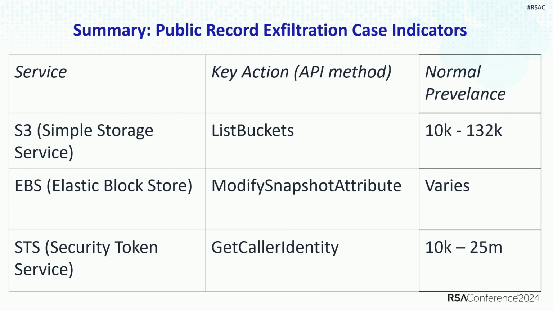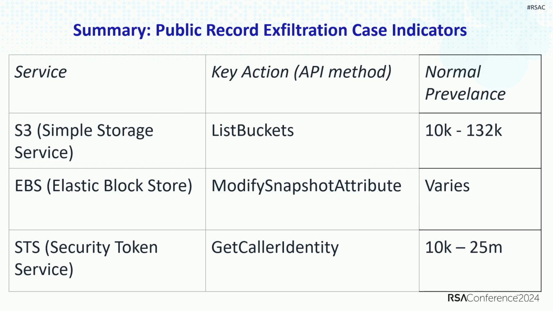In one of the first cases, the second line is an event called modify snapshot attribute. If you're not familiar, a snapshot in the cloud is quite similar to what you would get from a VMware snapshot if you're running VMware at your desk. It's essentially just a point-in-time disk image of a virtual machine. And so this was an earlier case. This was one of the first.